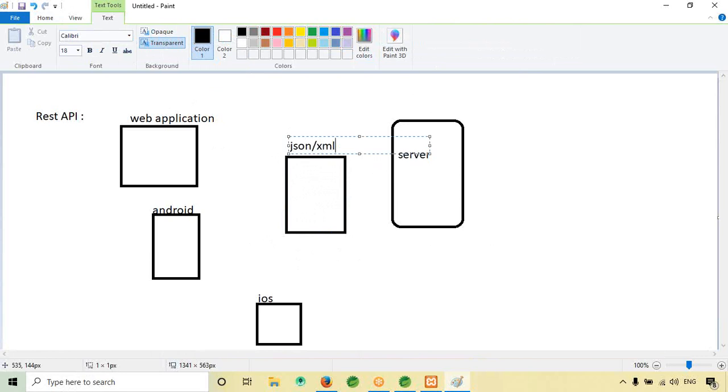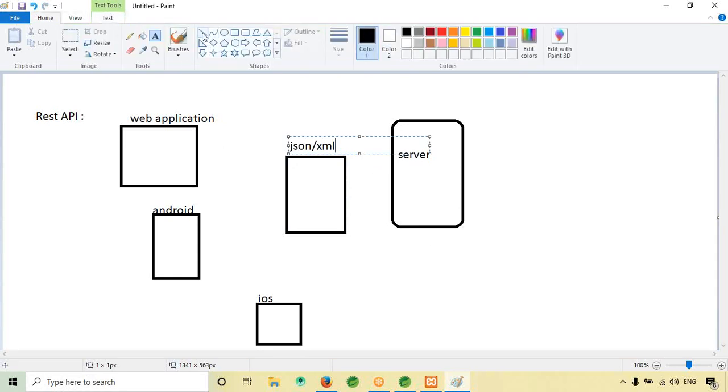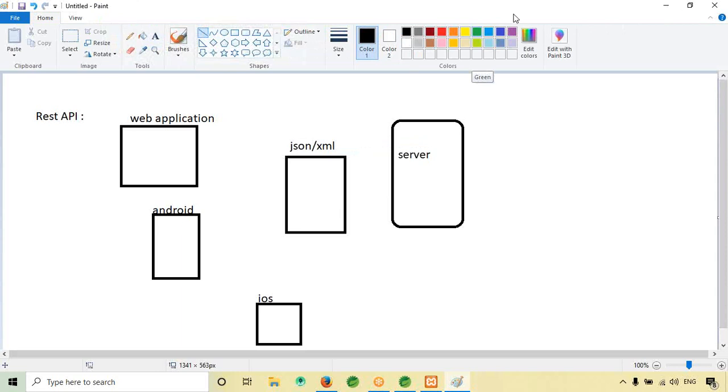But if you use XML format, the structuring of data won't happen. Whatever is in the XML, you just call and use it, but structuring of data will not happen in XML. If you use JSON, it will have key value pairs, so you are able to structure it. That is the main use of JSON if you use it in your project.